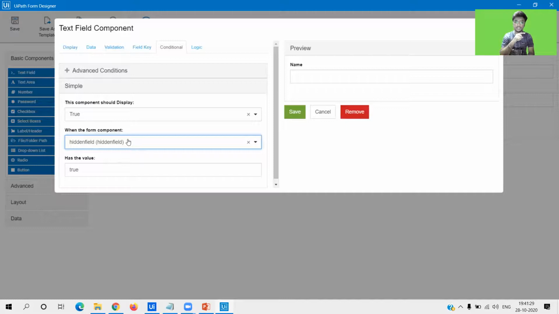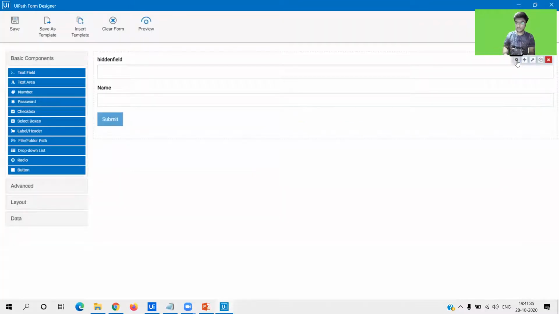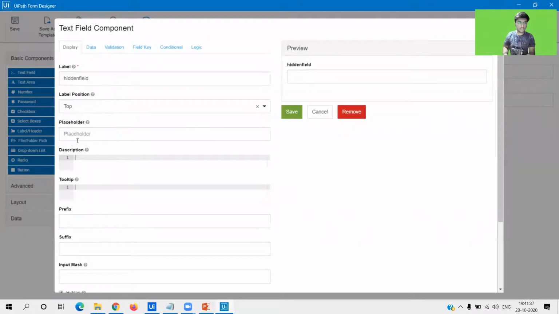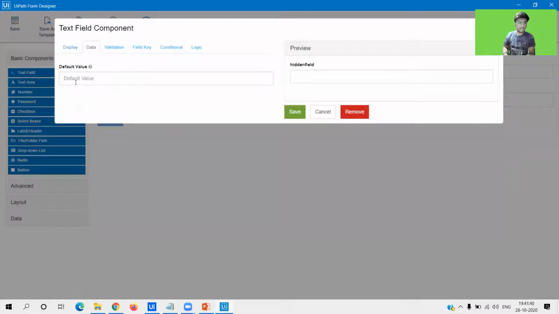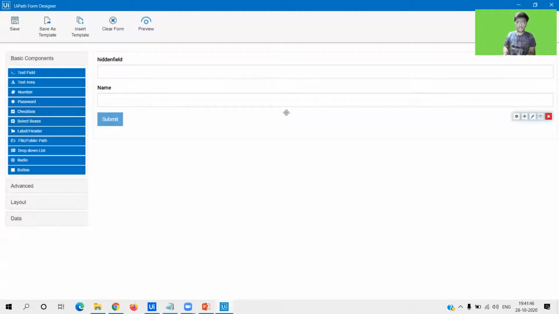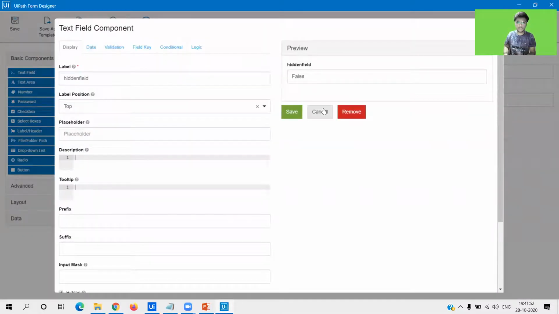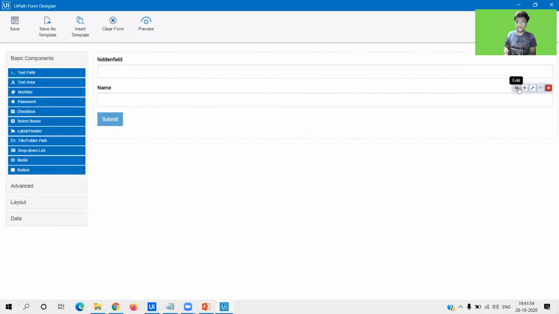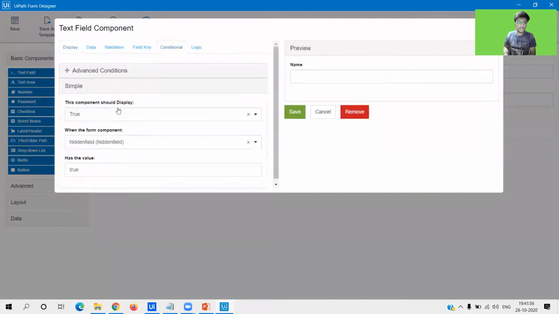By default, let's keep the value as false. So when my submit button is clicked, we'll have that value as true, and based on that, that particular field will be displayed. So there's one very simple logic, let me show you that again. So the field displays when the hidden field has value true.